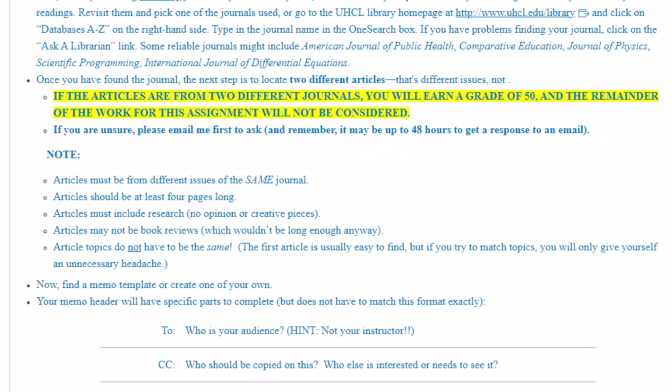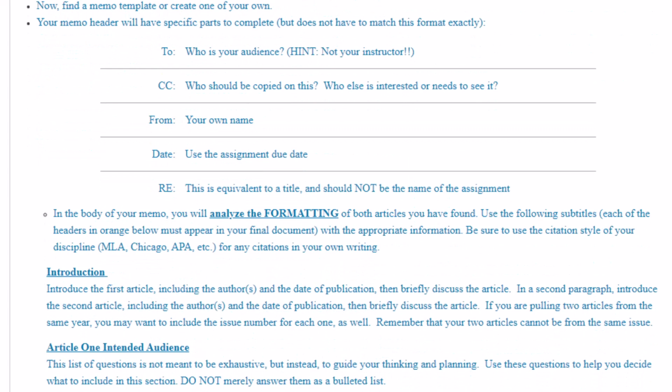The next thing you need to do is create a memo talking about how these articles are formatted, how they are literally laid out on the page. There are specific sections you need to have where you will put the header information, like who it's to, who it's from, which should be your own name, the due date of the assignment for the date, and what it's about. Again, this is like the title of your assignment, and it should not be the overall name of the assignment